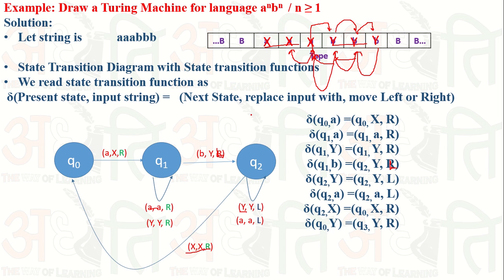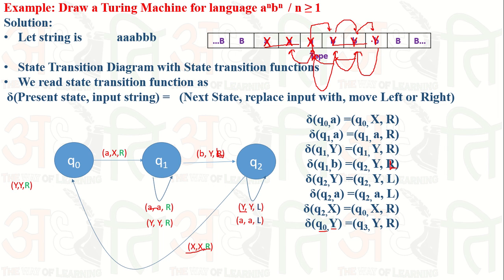So what happened? We face the new input string. What is the input string? At state q0 we have the Y. When we have the Y, we go to the next state q3 and Y remains Y. So we go to the next state q3 and here is a Y. We simply keep Y as Y and move right.